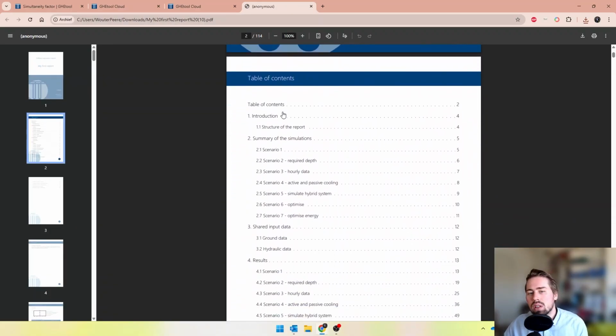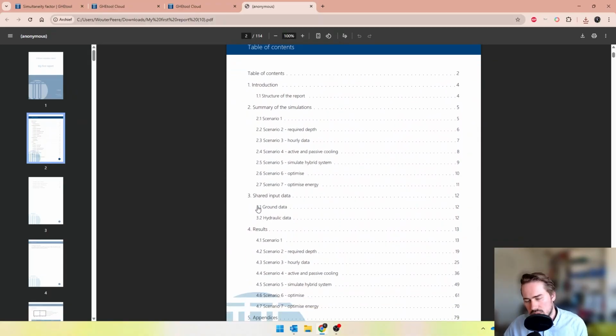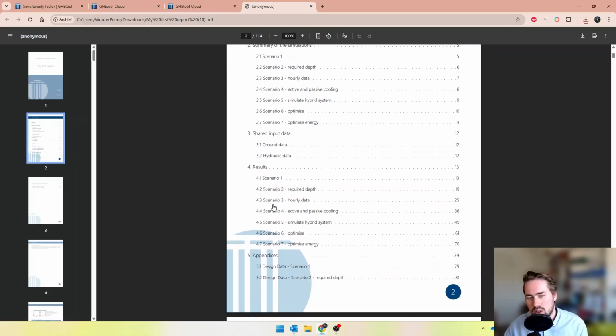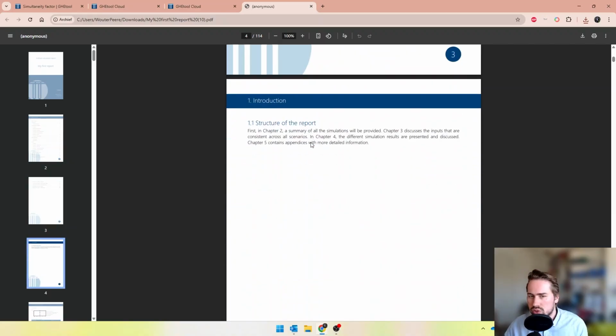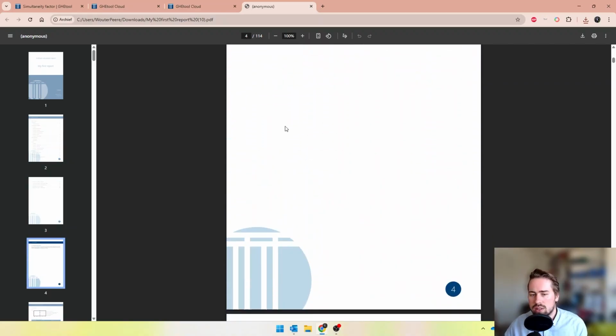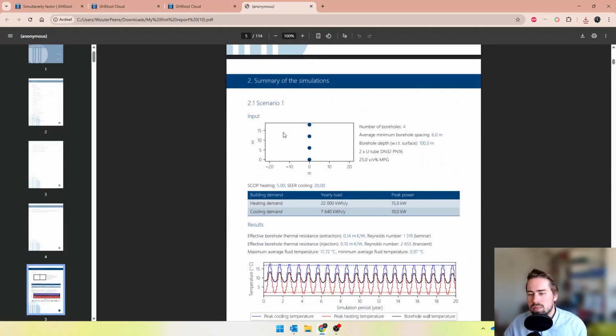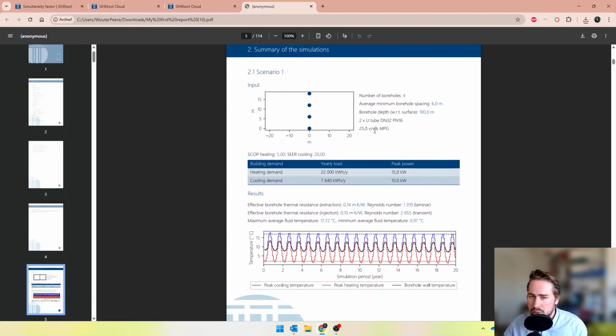We have a table of contents and summary. We have a summary of all the simulations. We have the ground data, which is the same. We have all the results, and then we have appendices. So if I just scroll through it, you have an introduction you can write yourself. Summary is just the inputs,